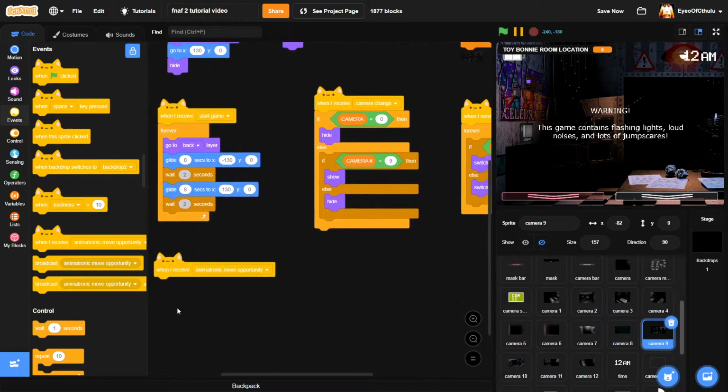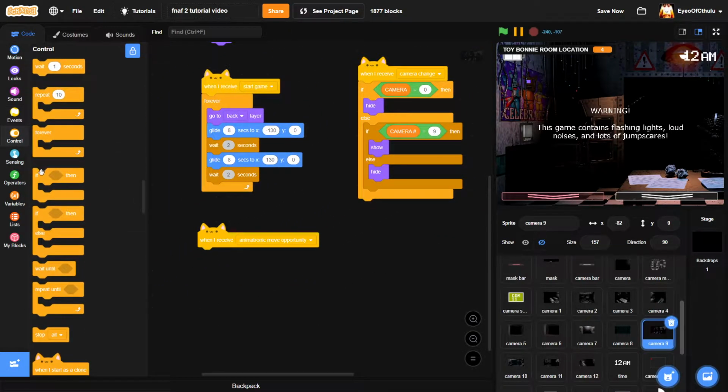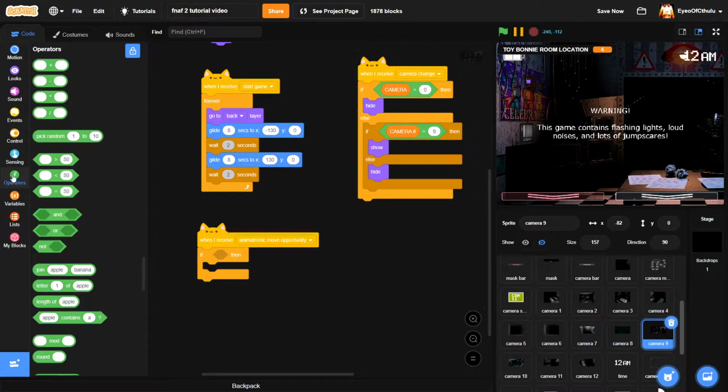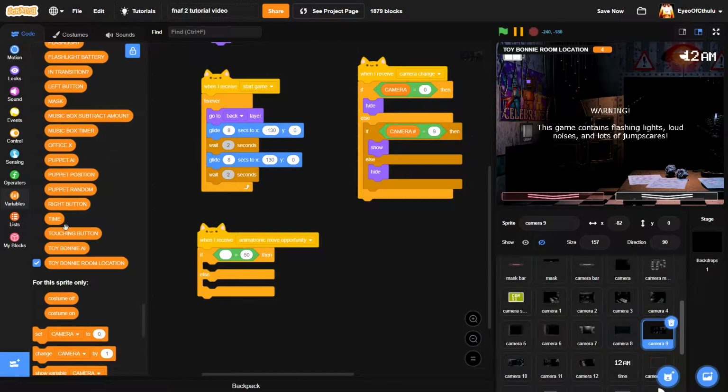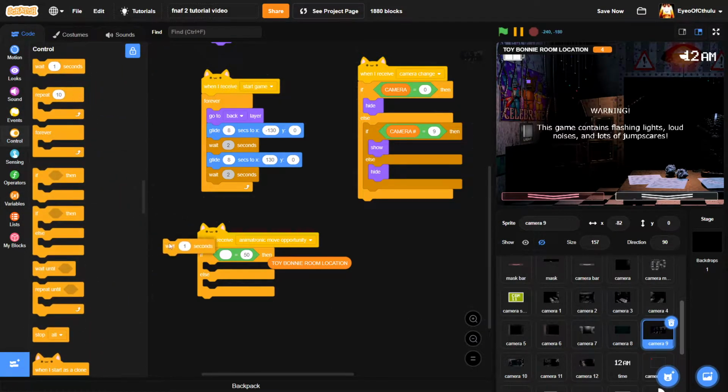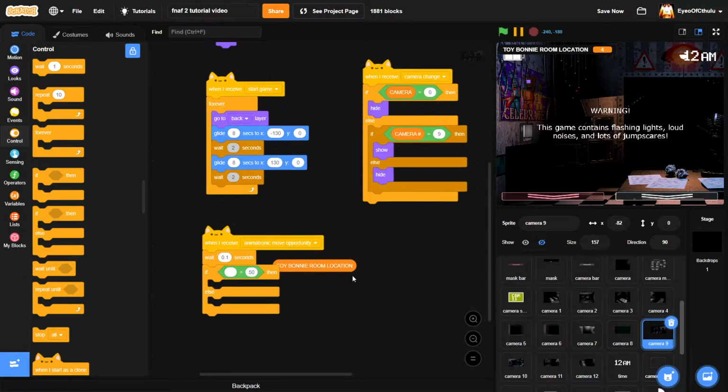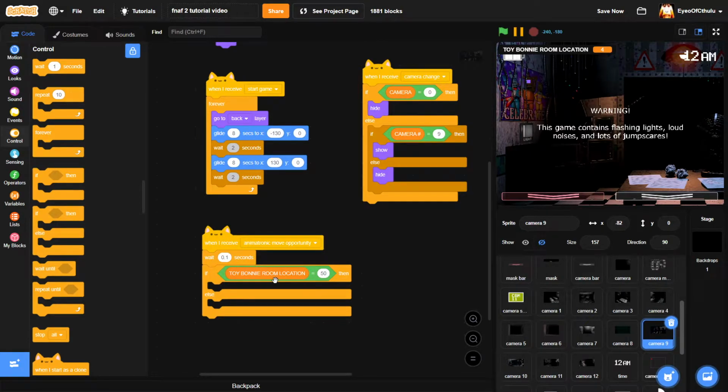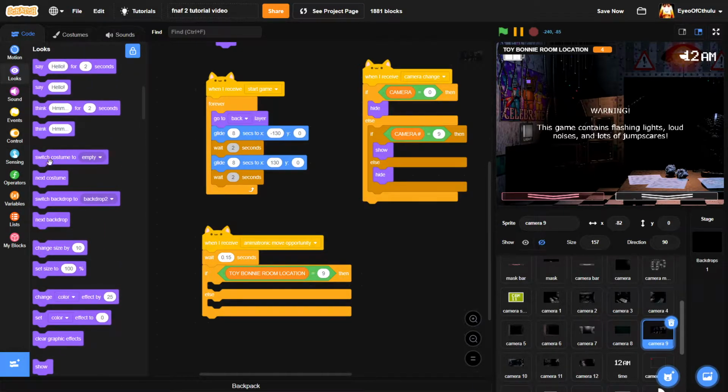And then when I receive animatronic move opportunity, we want to go if. Actually, change this to an if else. Actually, I'm going to make it wait 0.1 seconds, so it goes in conjunction with the animatronic timer, just so it doesn't be weird. So if Toy Bonnie room location, actually no, I'm going to make it 0.15, just in case. If Toy Bonnie room location is equal to 9, then we would like to